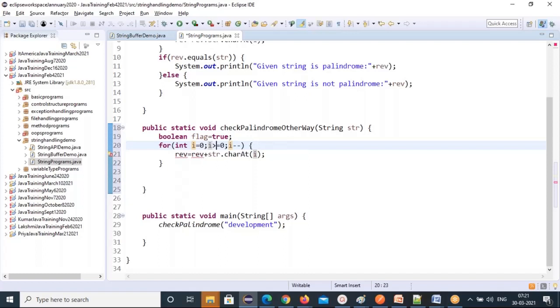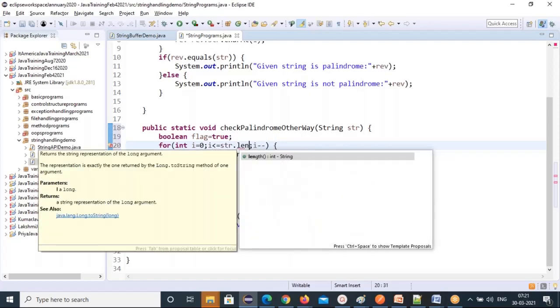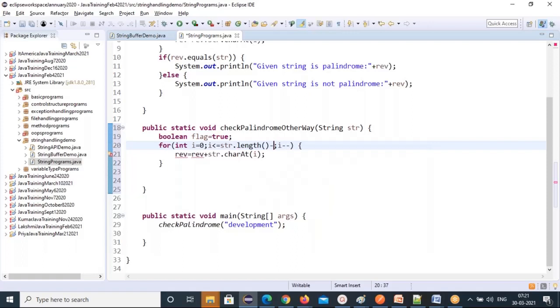So this is the second option they asked: is there another way without using those things? We can do that. i less than str.length() - 1 and i++. I'm starting with the first character only. What I'm going to do, I'll compare this first character with the last character, and then the next one with the second-to-last character. Because in madam, you see that both are the same. First character and last character same, second character and second last character same, right? So whichever is not the same, you can skip out, you can come out.